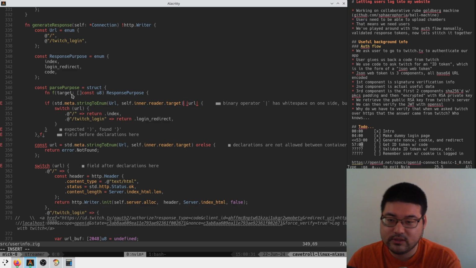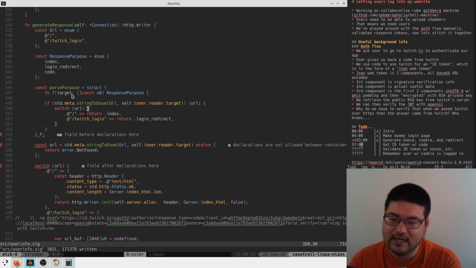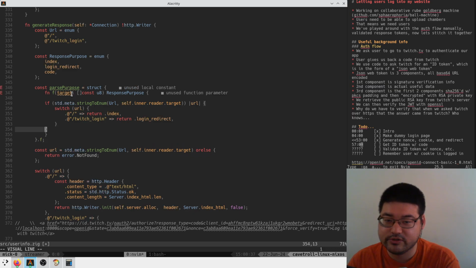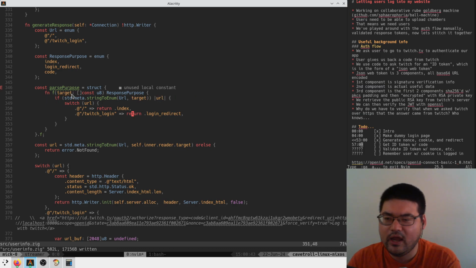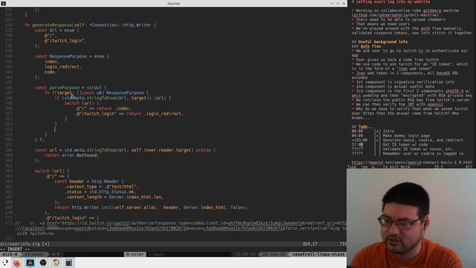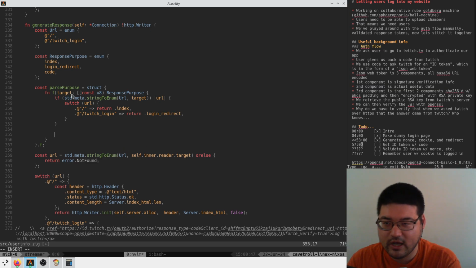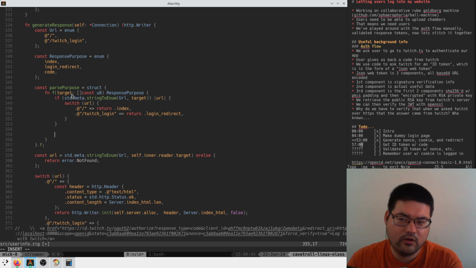We forgot to close this bracket here, or this parenthesis, I should say. And then we forgot to close this one as well. Okay, this comes from target here. And if this doesn't succeed, then we can start doing our more advanced parsing. So we can say, if target